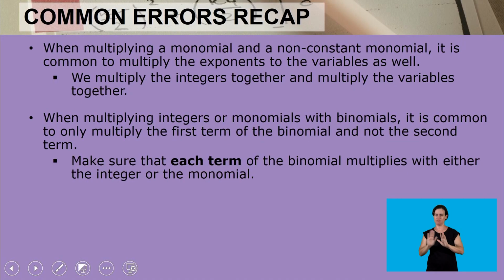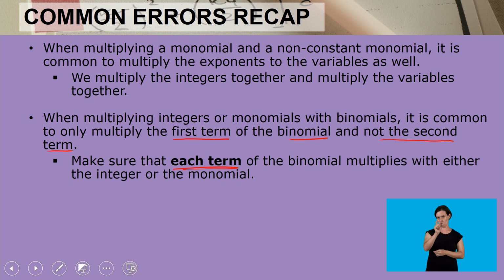Then when multiplying integers or monomials with binomials, it is common to only multiply the first term of the binomial and not the second term. Remember to make sure that each term of that binomial must multiply with either the integer or that monomial,